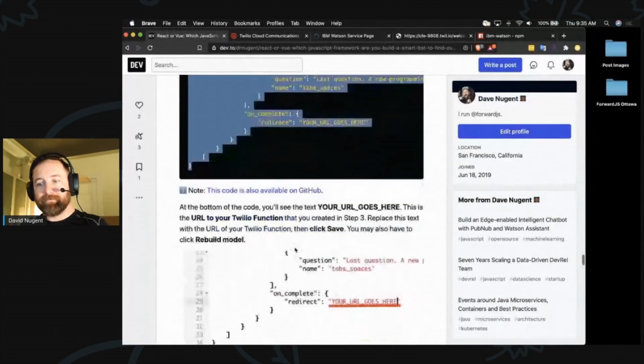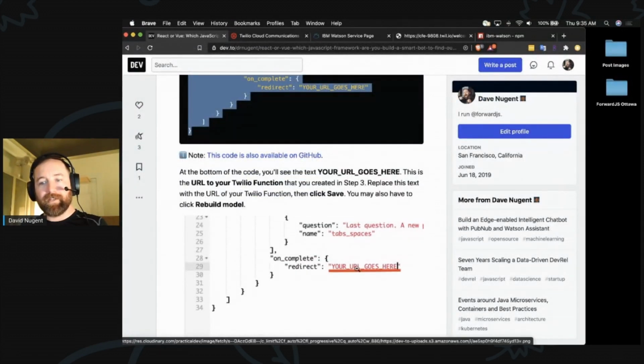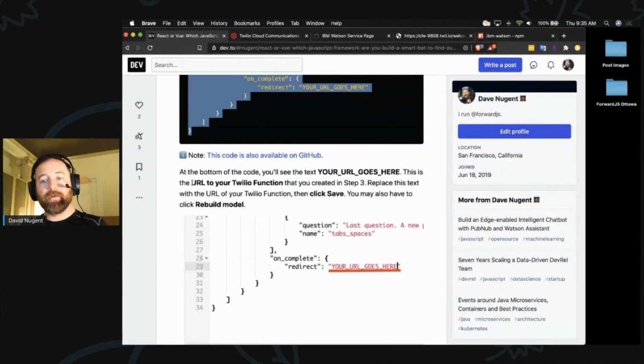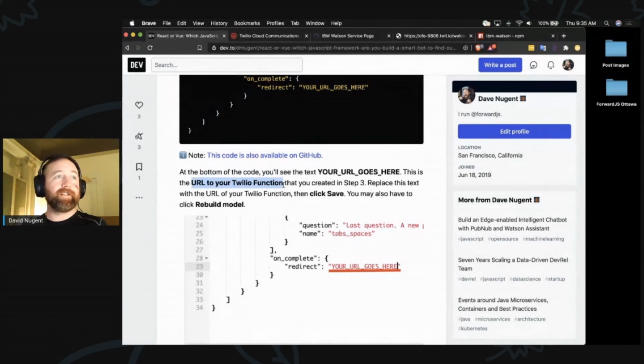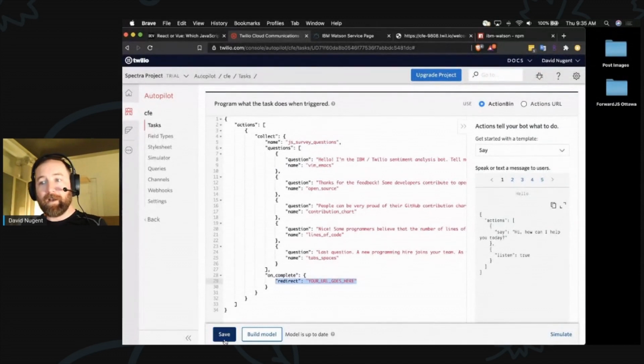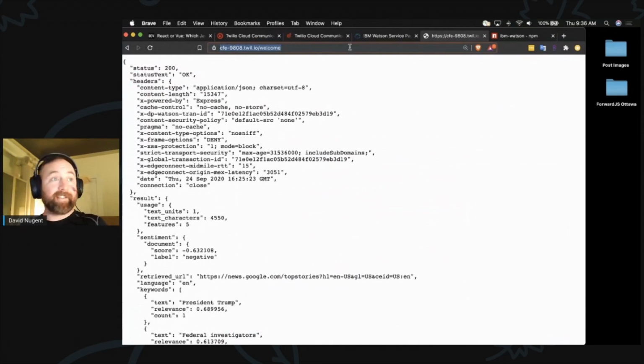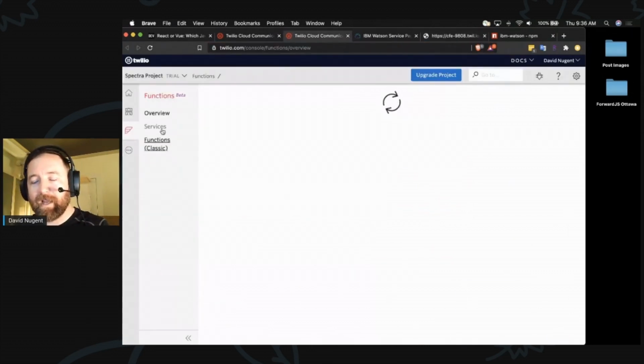So we've got our URL goes here. And so what we're going to do is we're actually going to put in the URL to the Twilio function that we just created, right? So I'm going to, I guess I'll just open it up in another tab. Oh no, I have it here. Okay, so this is our function, right? This is our URL. And just to go back to where we got this,